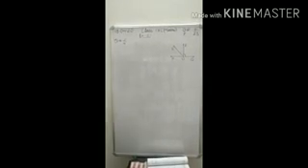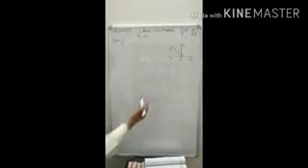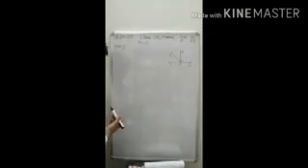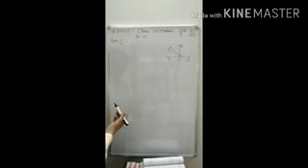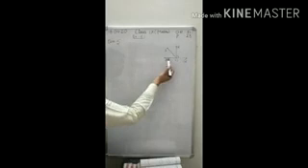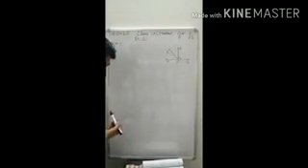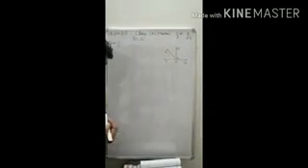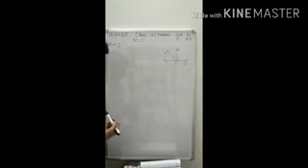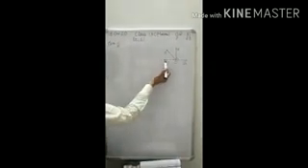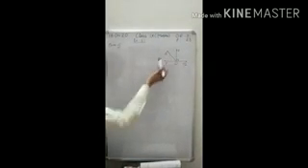Students, in this question, the statement is, just see here, POQ is a line. After that, a ray, this one, OR, is perpendicular to the line POQ. This thing we are given. Moreover, OS, this one, is another ray lying between the rays OP and OR. This ray OS lies in between them.